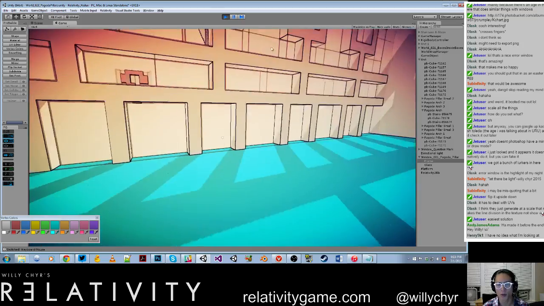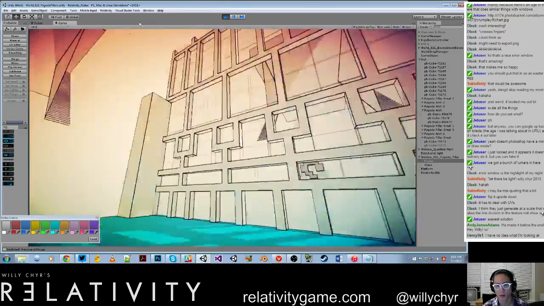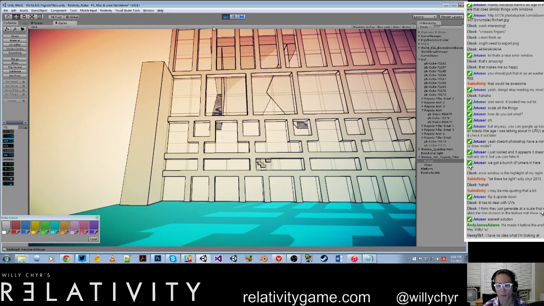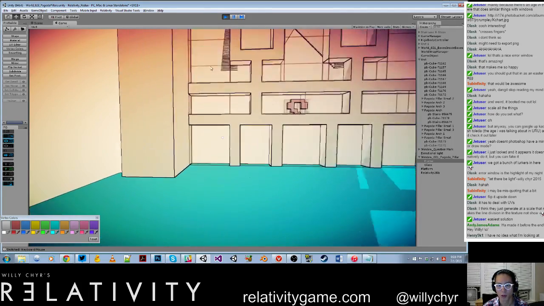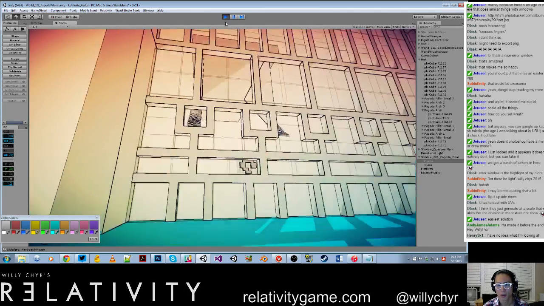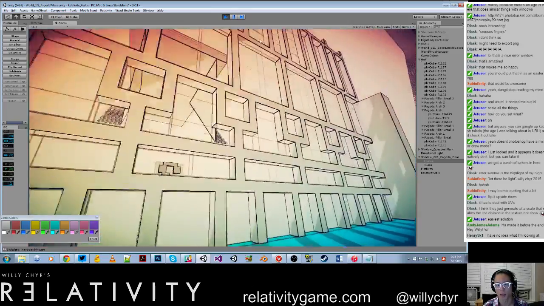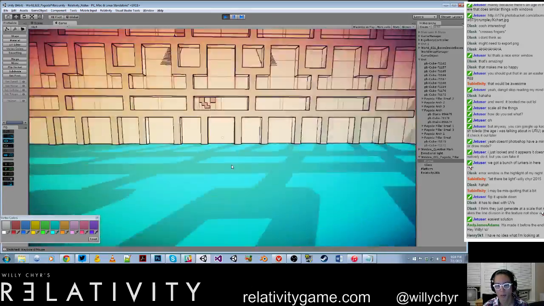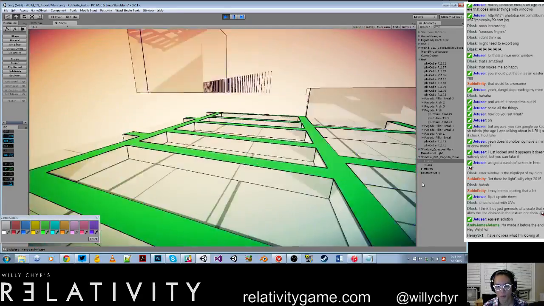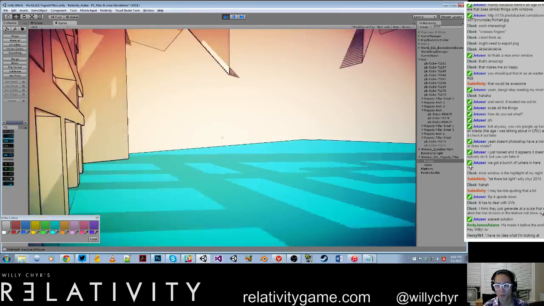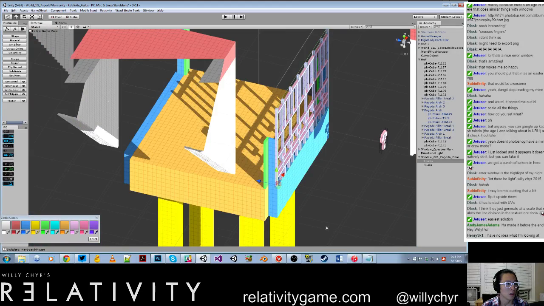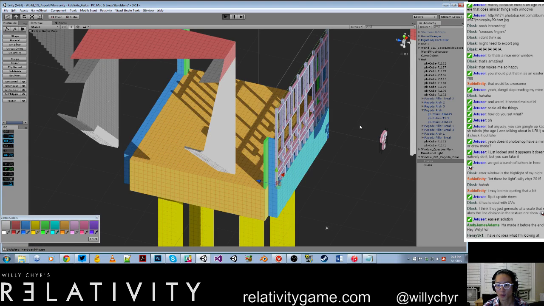So I think the windows also need to be tinted too, but that's more of a glass material issue. Yeah, right, because the size of the glass looks like it's just missing that grid pattern. But oh wait, let's see if we can see the